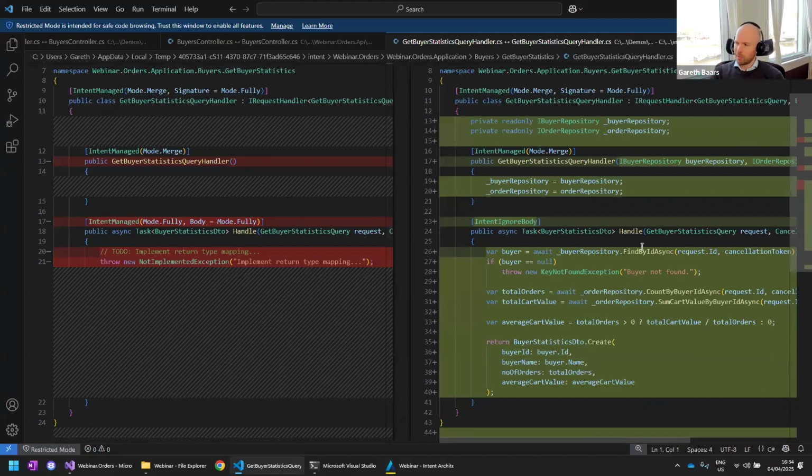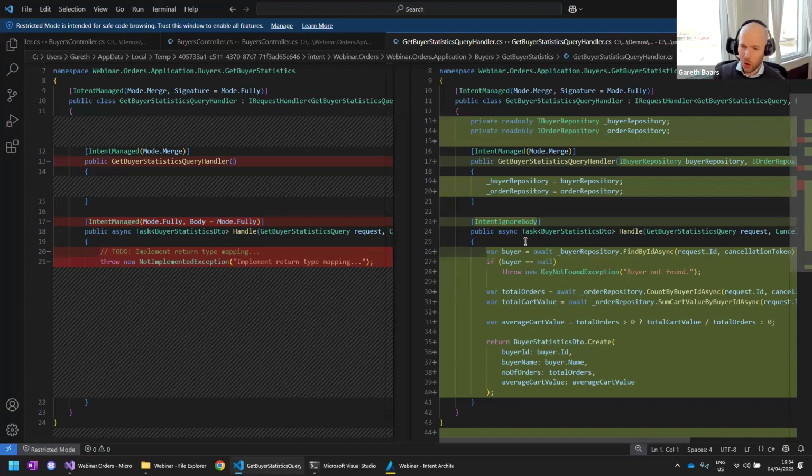So I don't know if you guys took a moment to think about how you would actually implement the getting of this buyer statistics. You would obviously want to fetch these statistics in a performant manner. You would not want to fetch out all of the orders and all of the order lines and all of that information. You wouldn't want to fetch that all out into memory and then chug it all and then pass it back. You would want to get the database to do that. So here you can see the AI system is smart.